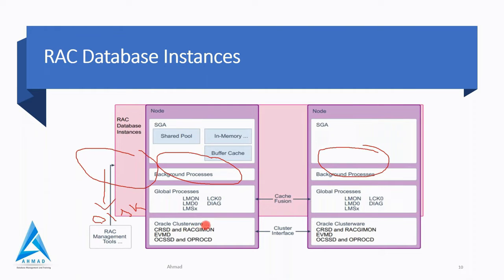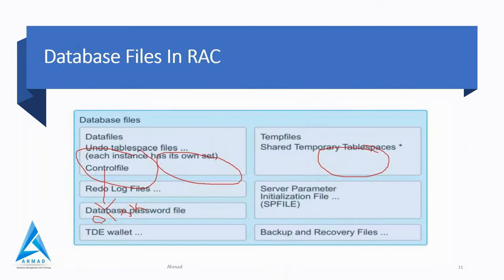And you have Oracle Clusterware, basically a kind of software which provides the interfaces or mechanism to handle the RAC. We will discuss one by one later on what those are. So till now, that is about the RAC database internal architecture. Now come to the database files.